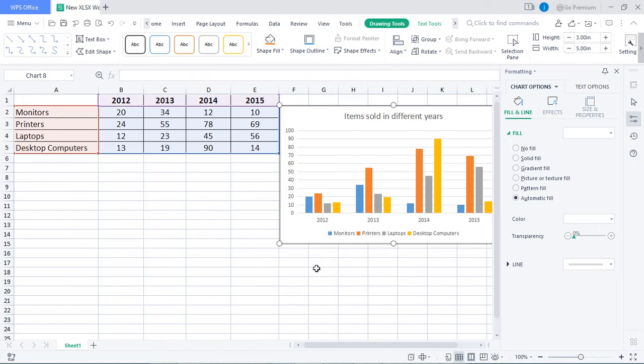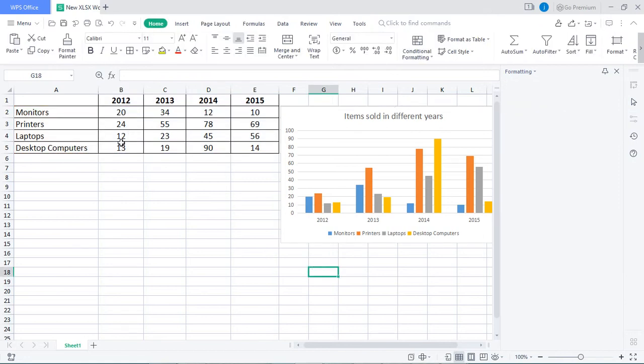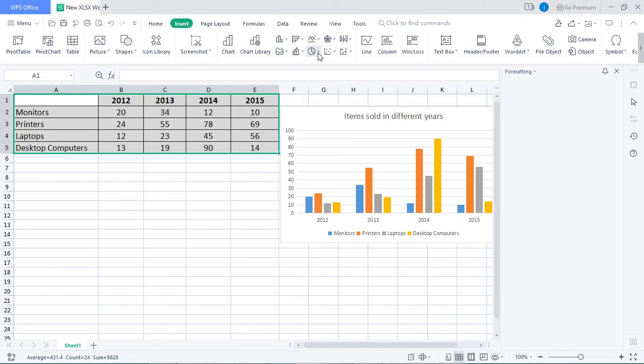Now, using the same values, I can create another chart also. Again, all I have to do is select the values, go back to Insert, and this time try a pie chart. The same data can be represented using different charts.